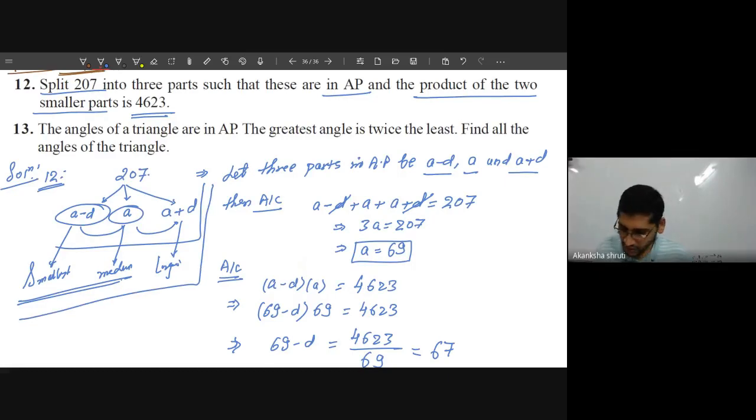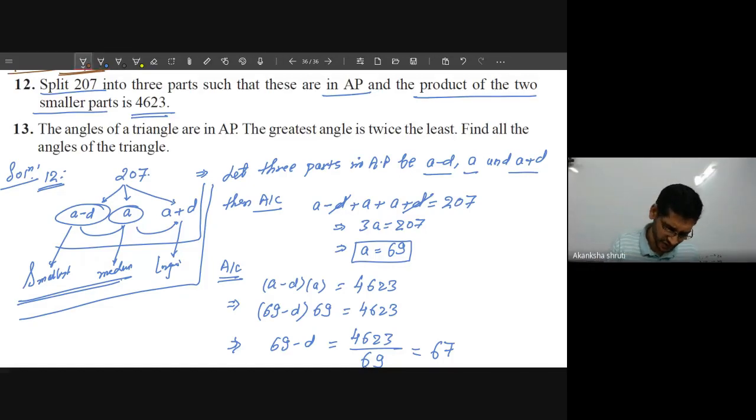Even if you do not choose in this manner, even if you are taking A plus D, A plus 2D, you will get the same answer, but calculation becomes so big that it will consume the time of another question of equal marks. Say if it is of 3 marks, it will consume the time of the other question also. So it is like this one.